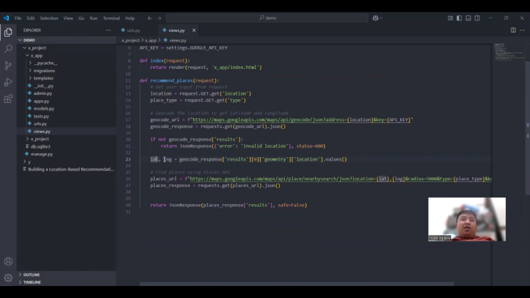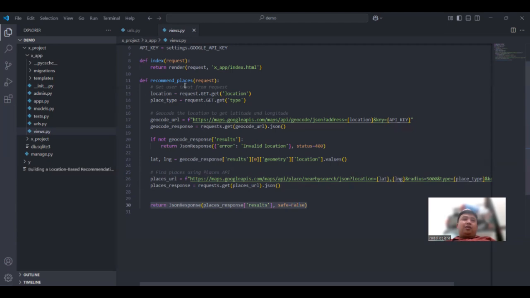So we get the lat and lng, longitude, and that will be the parameters for the places API. So the lat lng, and we set the radius to 5,000 and included there the type and place. So we are going to get that request, and hopefully we are going to get the JSON places response. So yeah, it will return a JSON response.